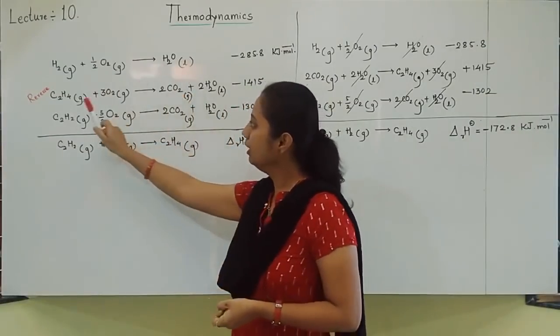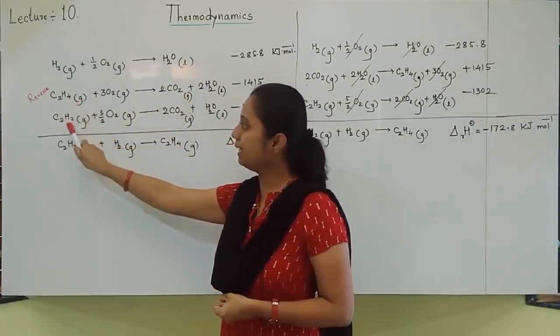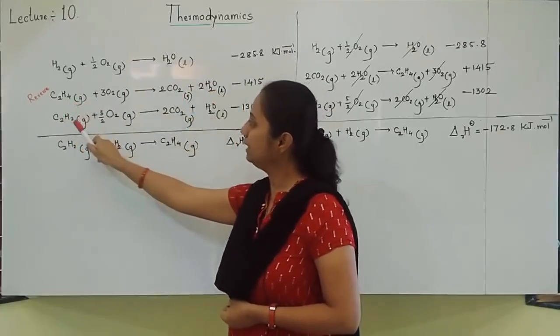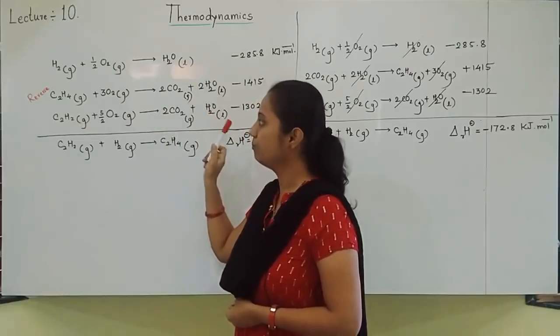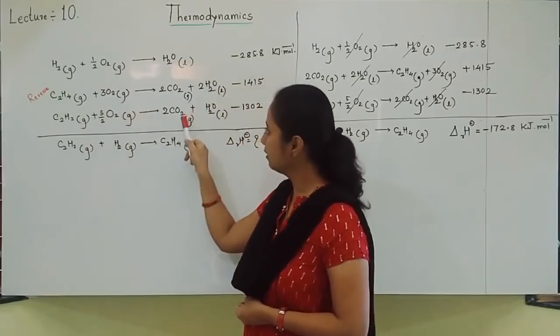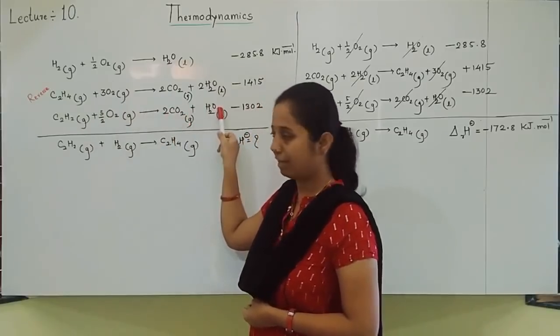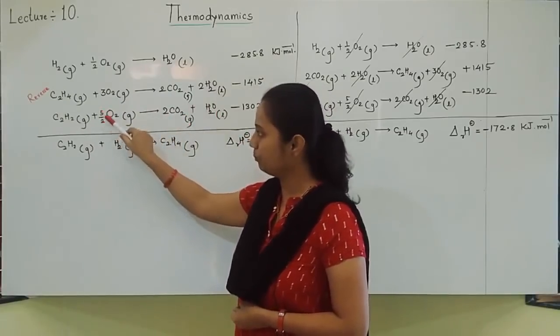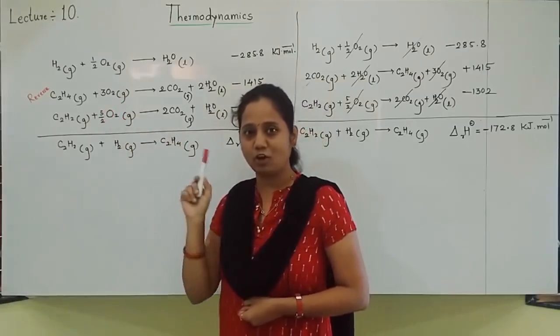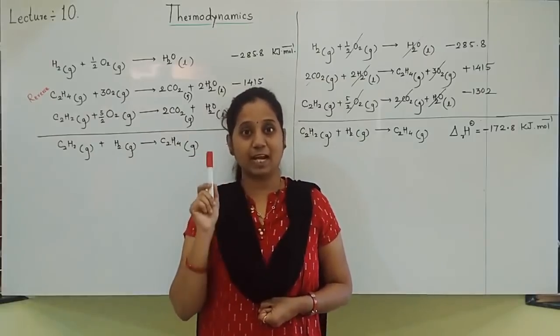Next, for combustion of ethene and ethine. Combustion of ethene, carbon dioxide and water form. Ethine also, carbon dioxide and water is formed. Equation for ethine, oxygens 4 plus 1, 5. So here you should write 5 by 2. Otherwise all equations are very easy. Okay, already we have written all the equations for combustion and formation.